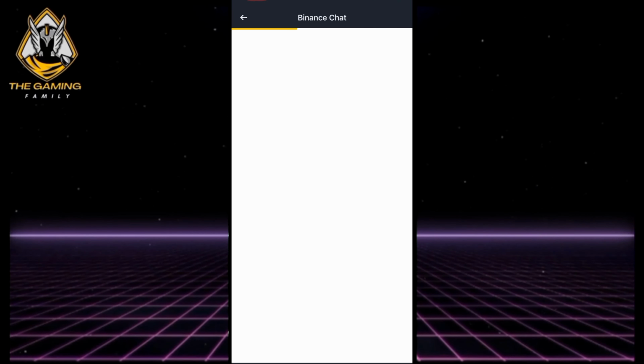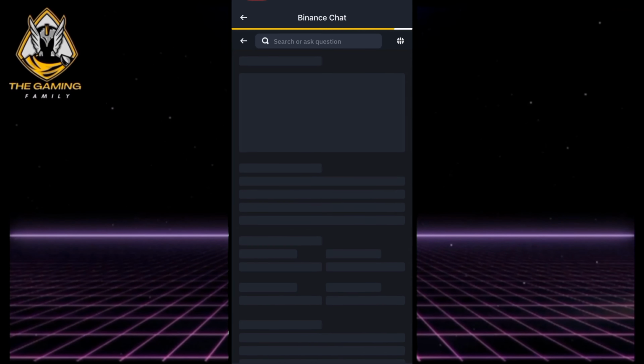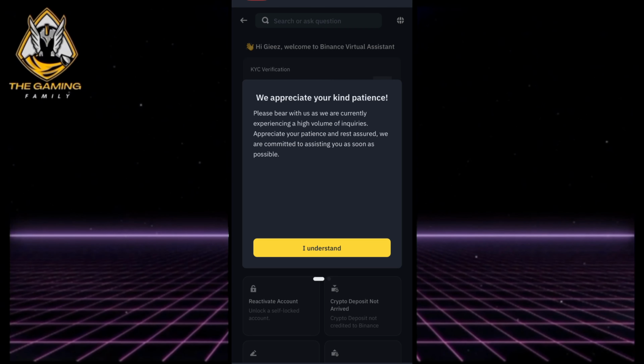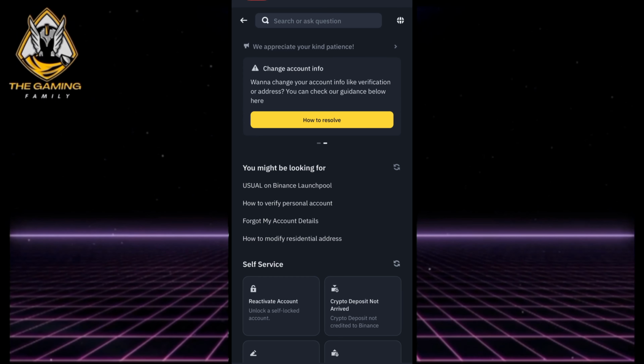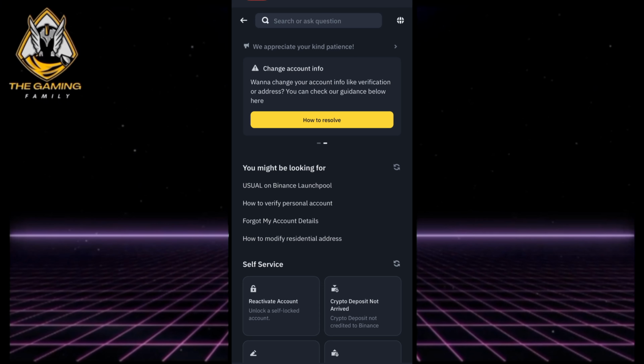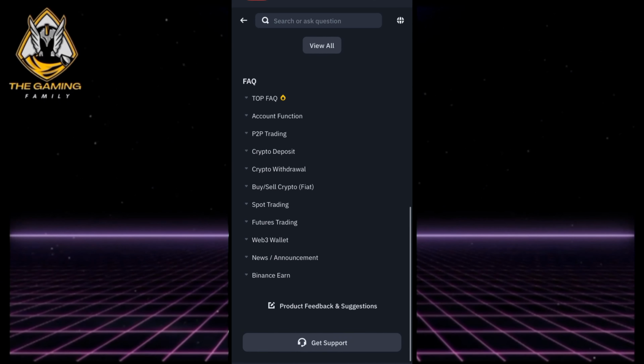Now you'll be redirected to the Binance Virtual Assistant window. You'll see here different options or support that you can use to solve your issue. But if you prefer to contact their customer support, then simply scroll down to the bottom and tap the Get Support